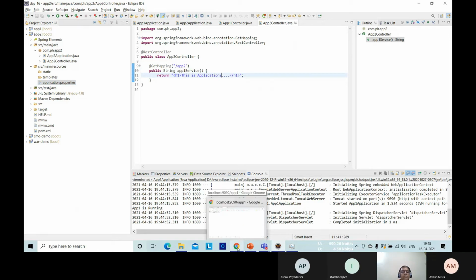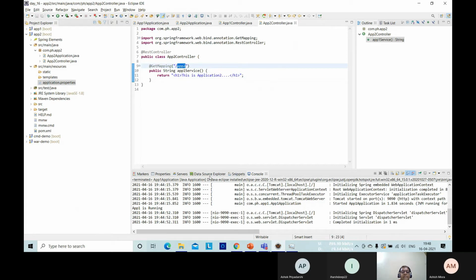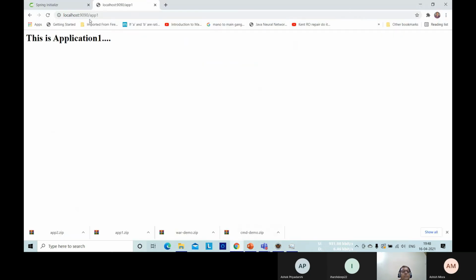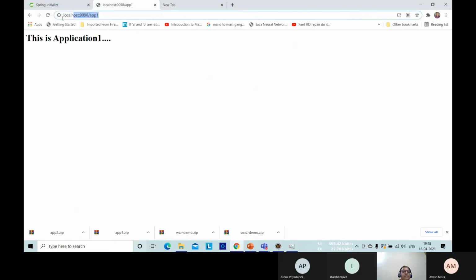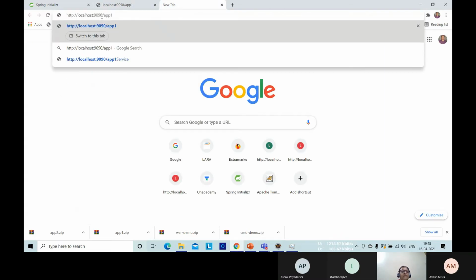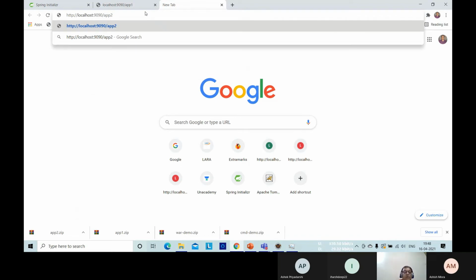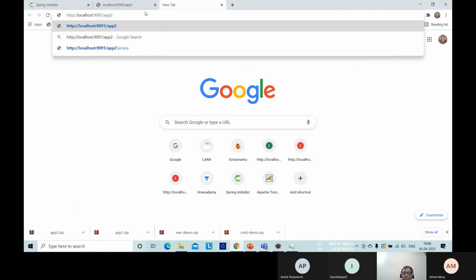We'll go to the browser, and the URL pattern we have written is app2. So let me open one more browser, do the copy and paste, and we will change it: app2 running at port 9091.